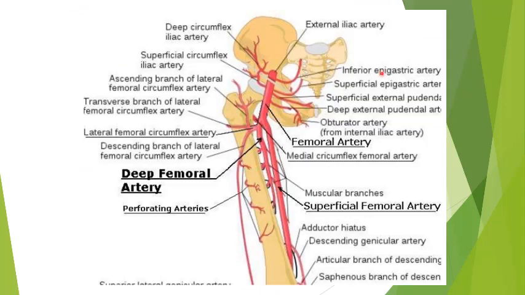So this is the pelvic cavity. This is the femoral artery coming out via the inguinal area. Okay. So these are the branches. So this is the deep femoral artery. This is the main femoral artery and this is the superficial femoral artery. This is where you try to take blood for checking the arterial blood gas.